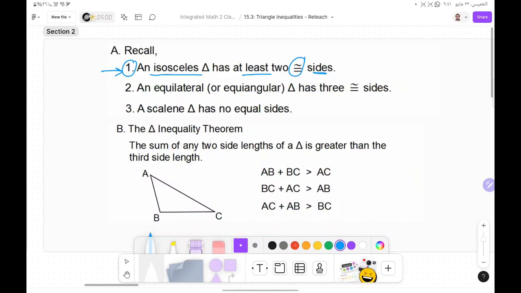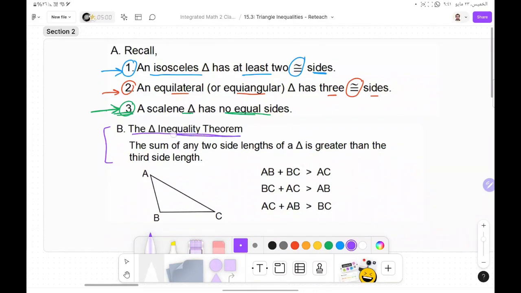We know this one before. Now the equilateral triangle, or equiangular, there are two different names for it, has three sides equal. Now the new one, the third one here, is the scalene. A scalene triangle has no equal sides. And by the way, we are going to focus only on the scalene for this lesson. Now let's study the